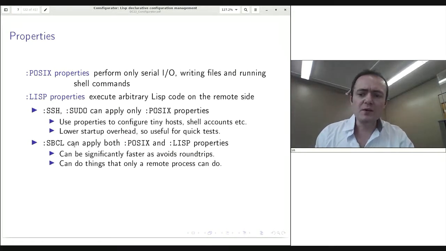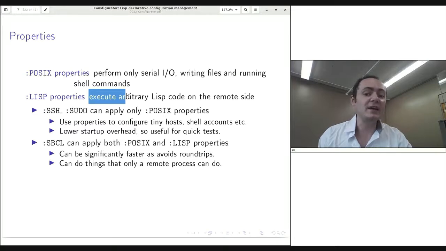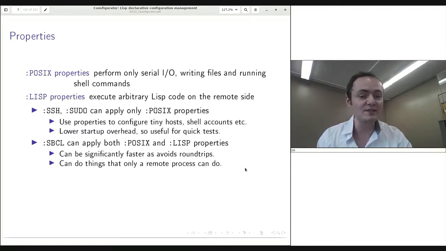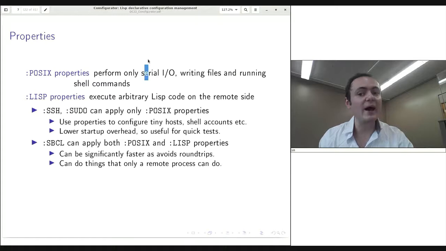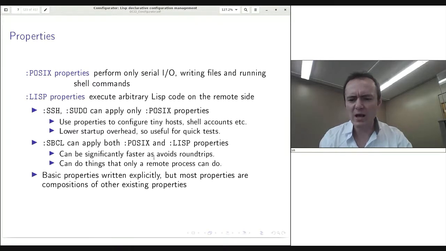Now the real reason why we have Lisp properties and why Propeller is so cool, really, is that if you can execute arbitrary Lisp code on the remote side, you can do things that only a remote process can do, that are either awkward or very difficult to do just with shell commands, right? So the idea is you've got these Lisp properties when you can have them, but we can still fall back to POSIX properties when all we have is SSH access. And then